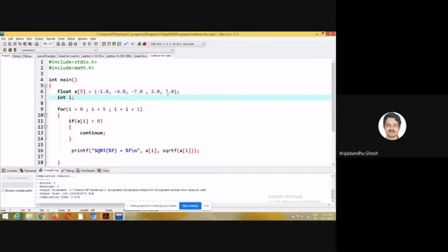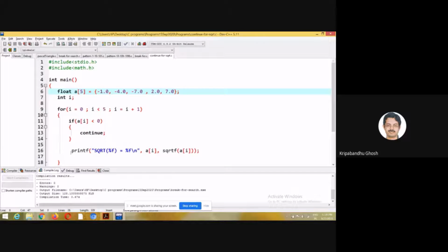There are 3 negative numbers and 2 positive numbers. I'm trying to find the square root of the elements in the array, but naturally I don't want to find the square root if the number is negative.